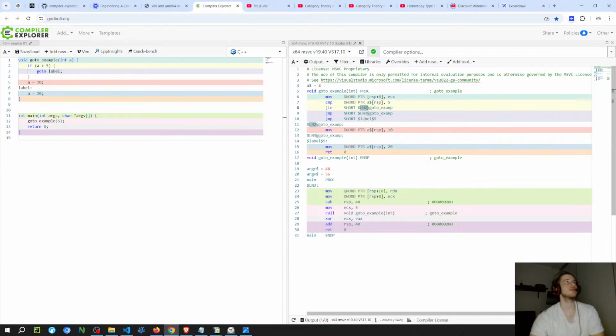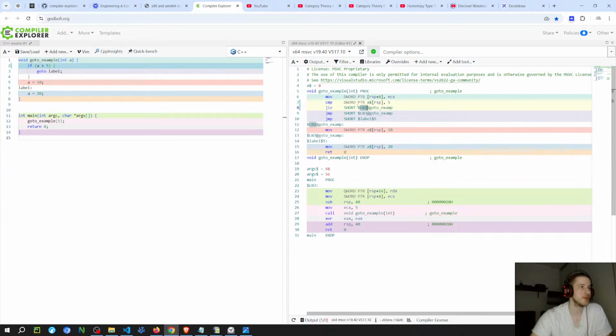So this is more of a question of how the compiler decides what kind of jump it should do based on the condition. I think based on what I've seen, probably the first jump is the else statement. So let me think about this.